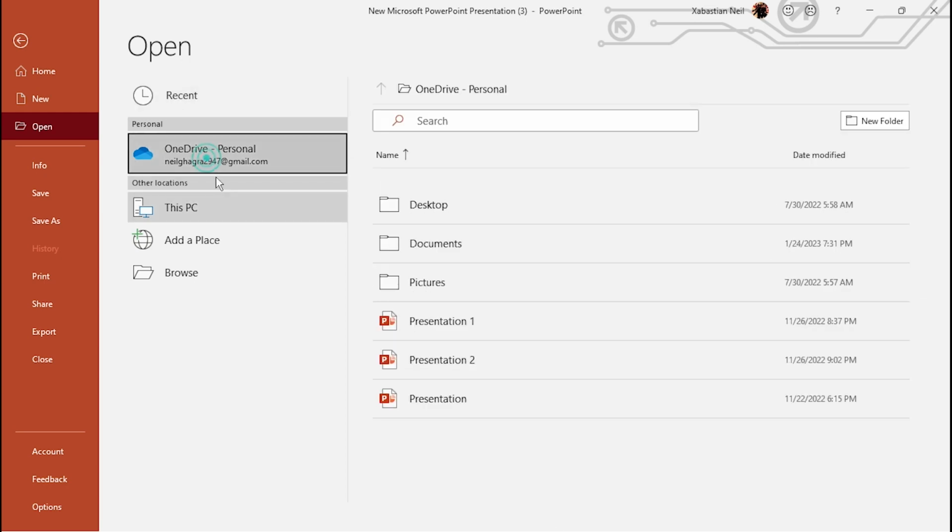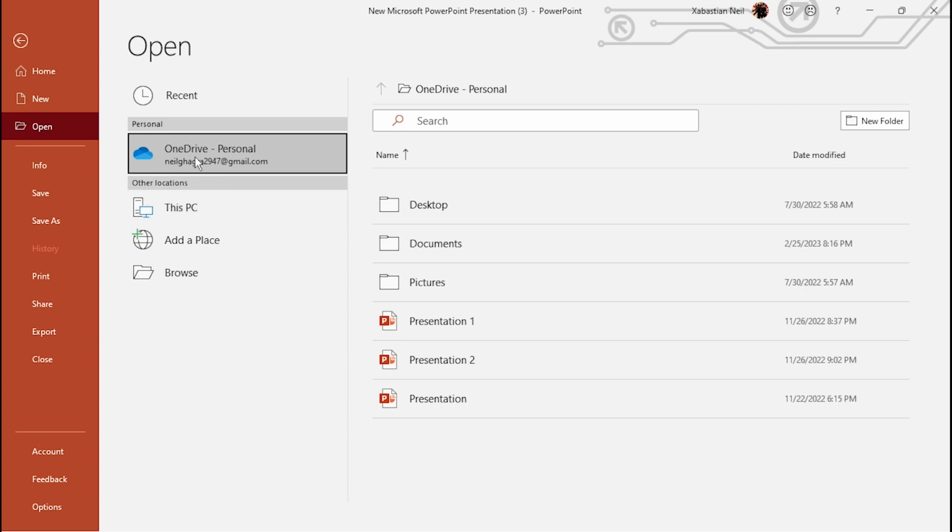Now the OneDrive. So OneDrive is gonna contain all of the data according to your OneDrive or whichever one you saved in your OneDrive. To use this function, you have to stay connected to the internet and also log in with your Microsoft account so that you can upload or save your files online in OneDrive. And you can work on them from anywhere in the world just by using your Microsoft account, and then just with